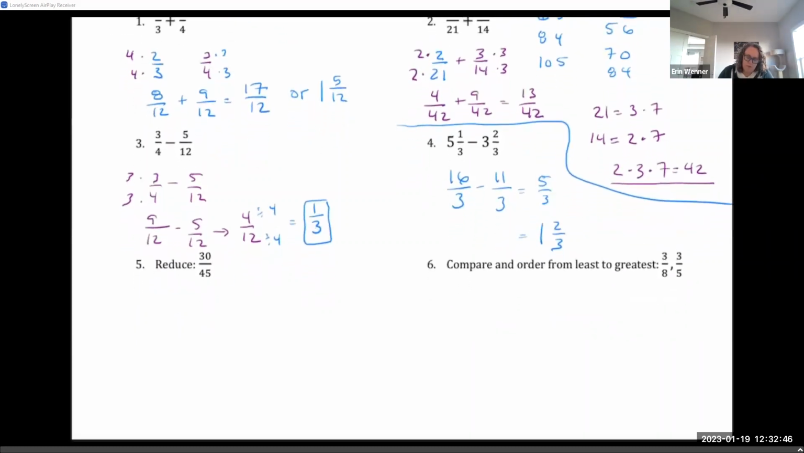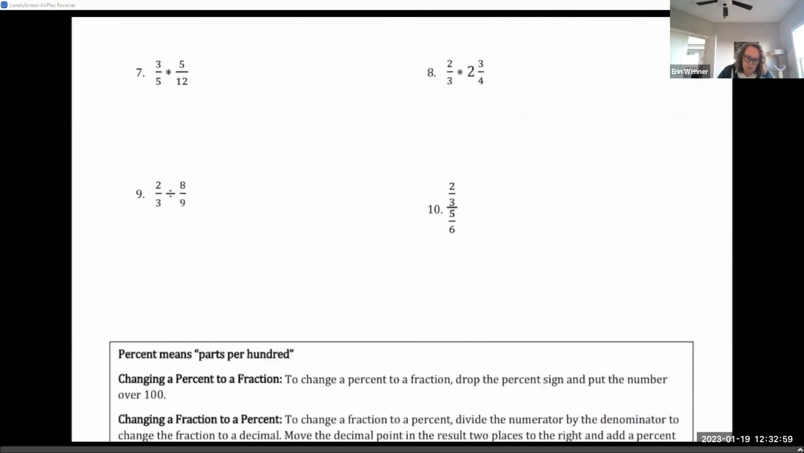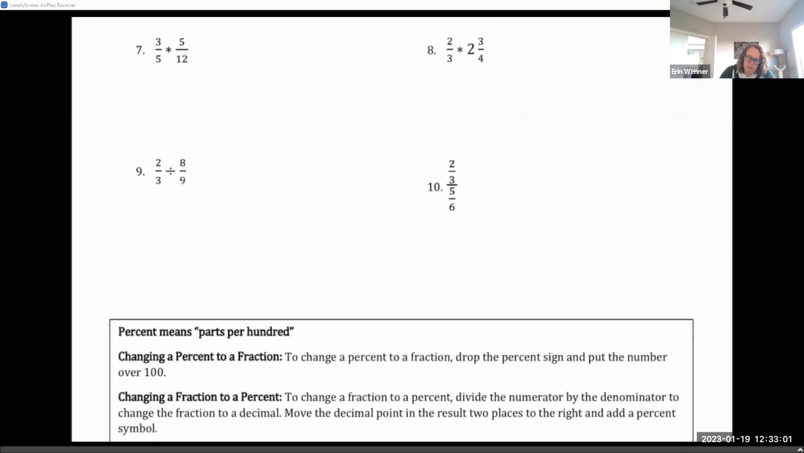I'm going to let you do numbers 5 and 6 on your own and then go back and check them. But we're starting to run short on time, so I'm going to go to the next page so we can talk about multiplying and dividing fractions, okay? So when we multiply and divide fractions,